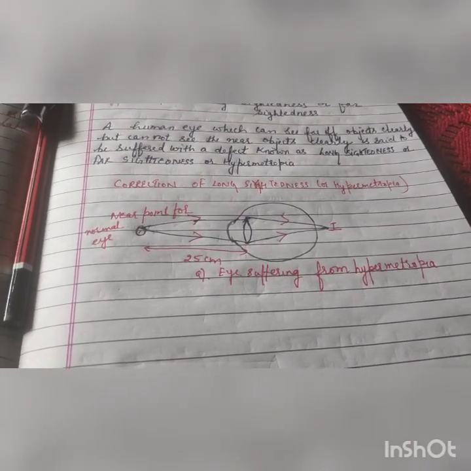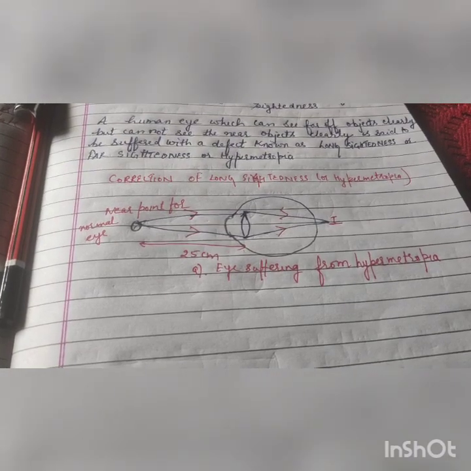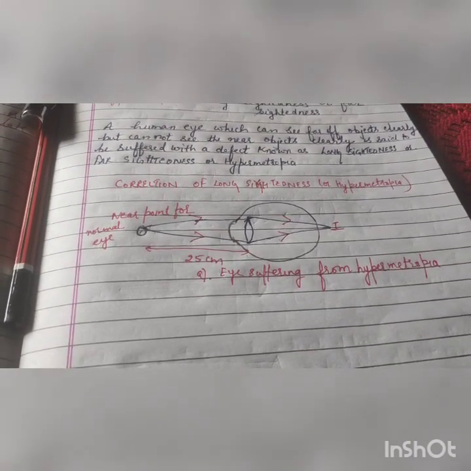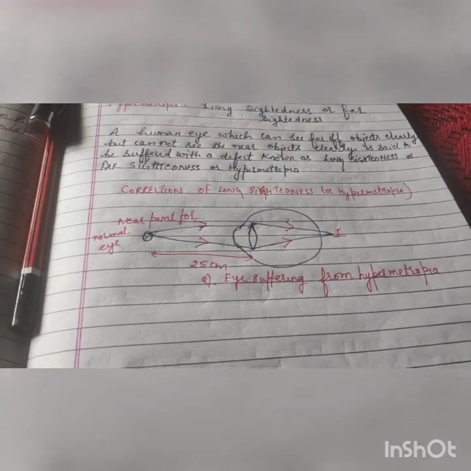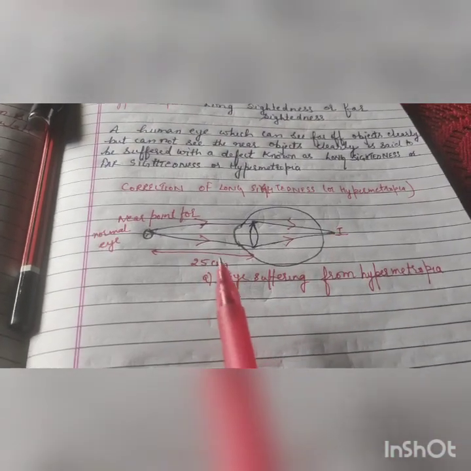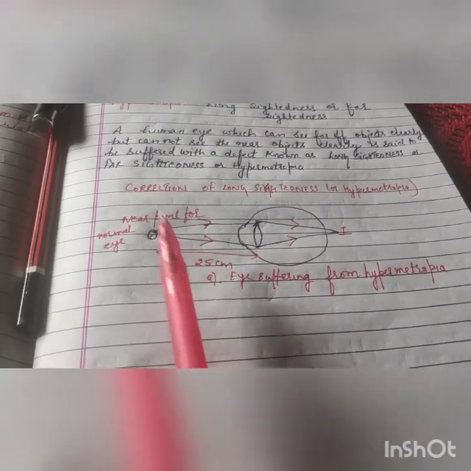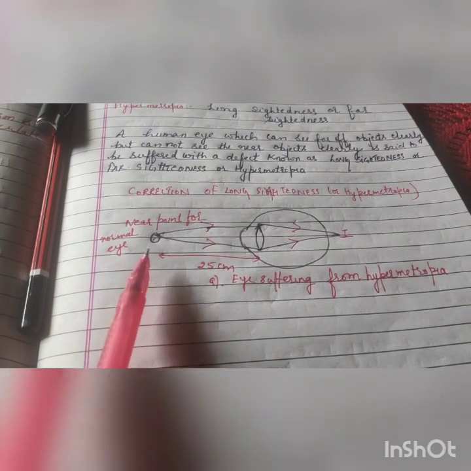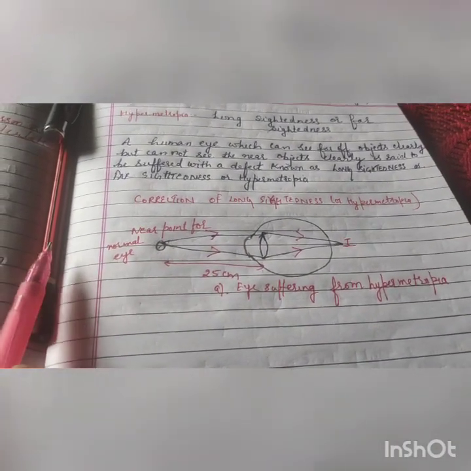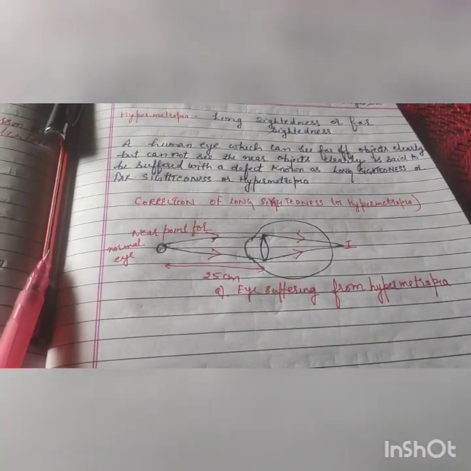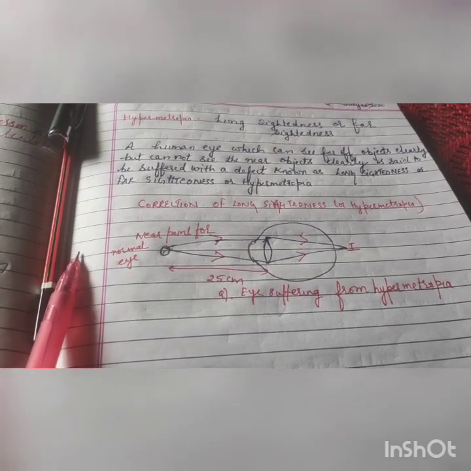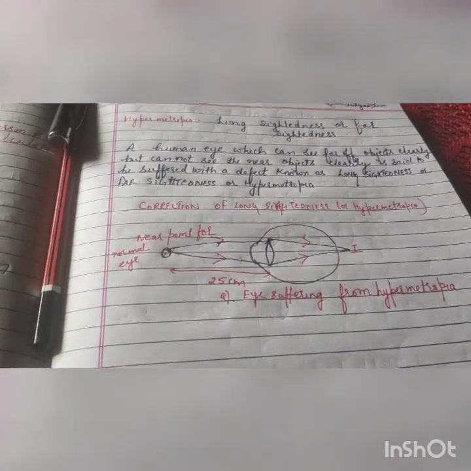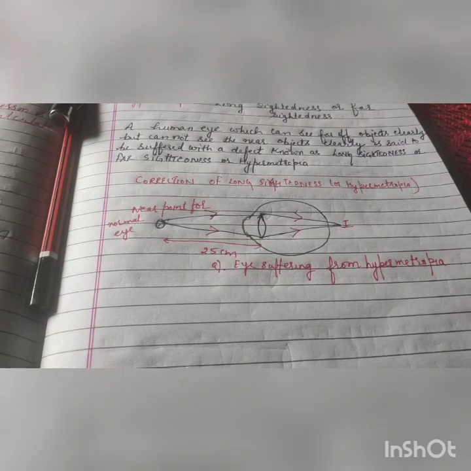A person suffering from hypermetropia can see far off objects clearly, यानी कि दूर की चीज़ें ढंग से नज़र आती हैं. So what we have to do, we have to bring this near point to some more distance. We have to increase this near point. So if we are going to do that,